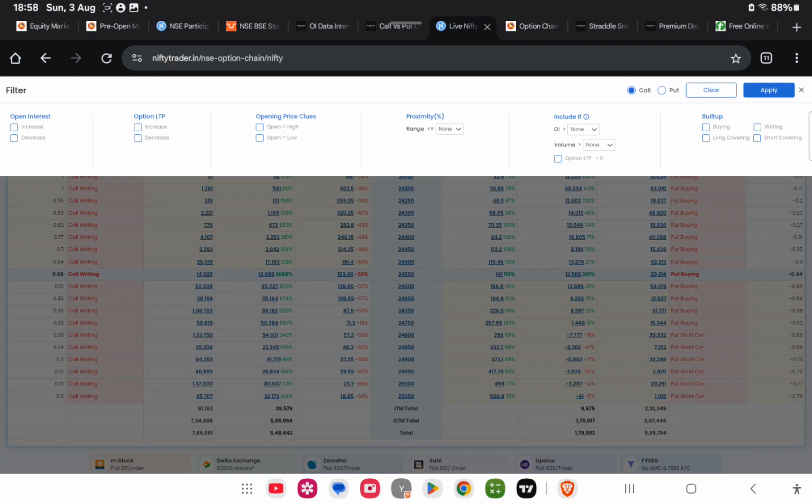filter. Okay, so these are the filter options which you can add and which you can change. So open interest you can change, option LTP, based on option price close, based on range, and also you can keep your input and also the build up, everything it shows up. Okay, but for now